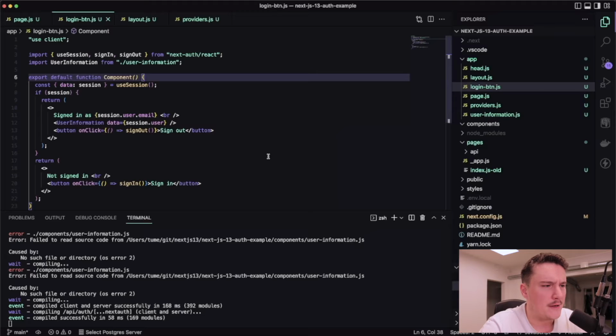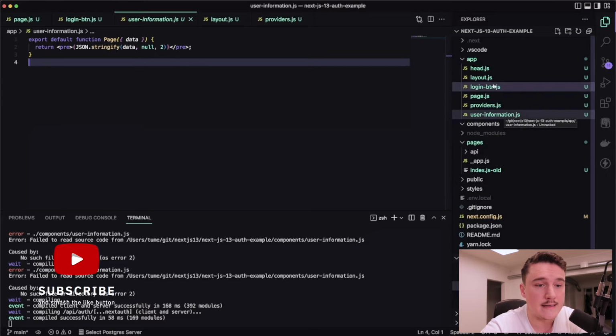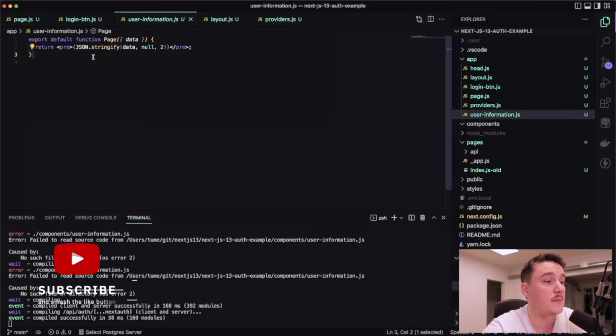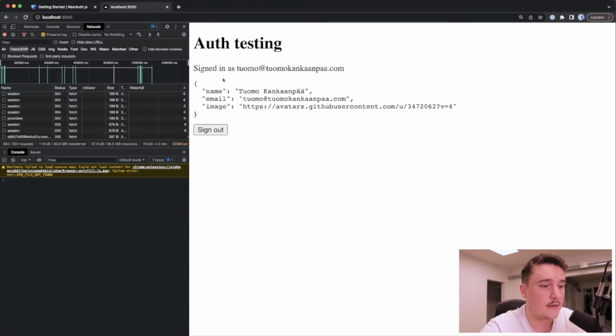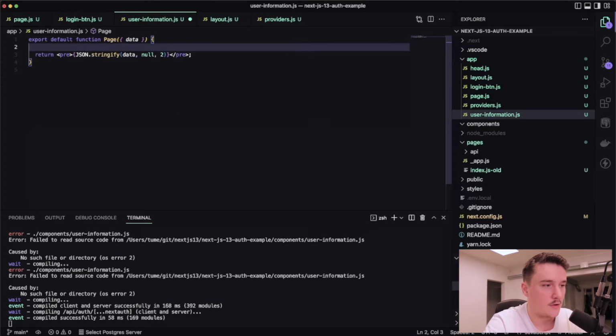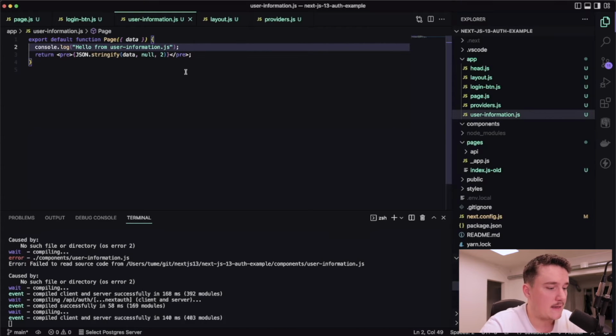So this is a bit weird, because if we take a look on the user information component, so now that it's inside of the app folder, it should be rendered as a server component by default. And as we can see, we have no use client statement inside of it, and we are not using any state or click handlers or that kind of stuff. So I would assume that it's a server component right now. And we can test this by adding a console log over here, saying that hello from user information, and let's save that. So now if this is run on server, we should get the console log down here,